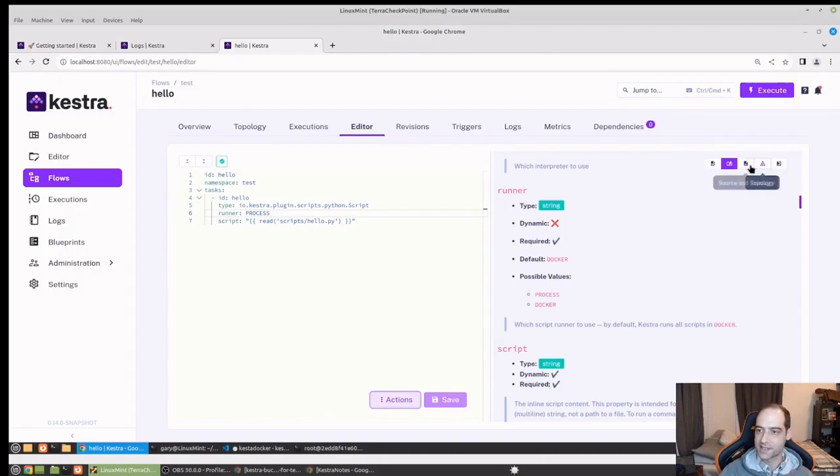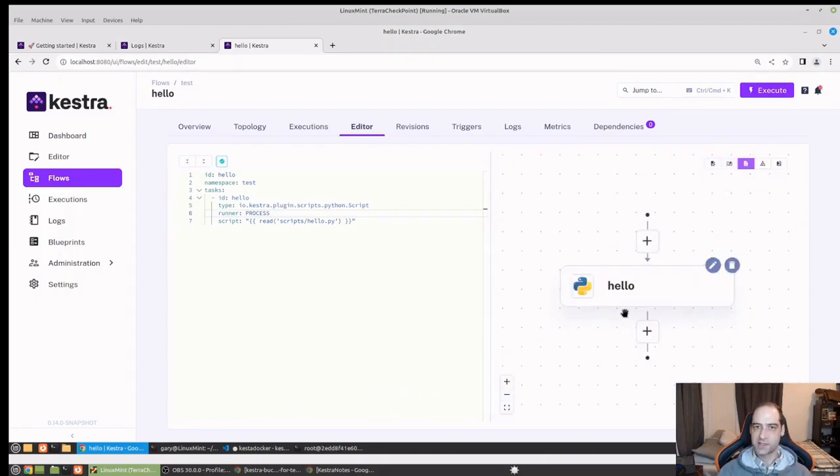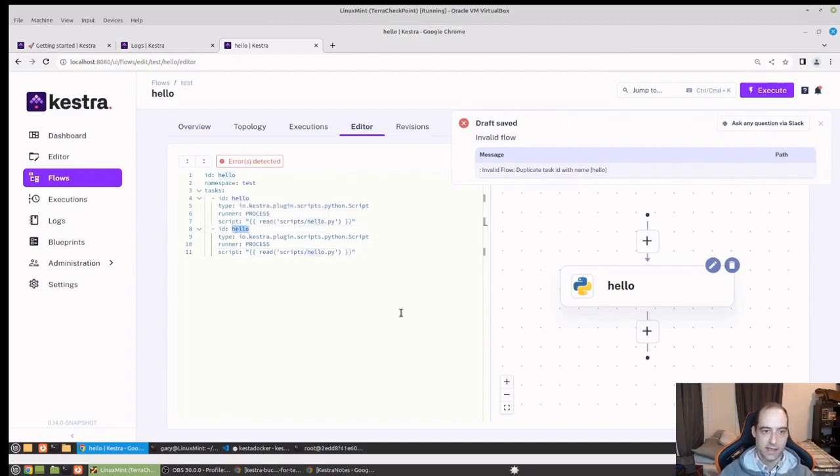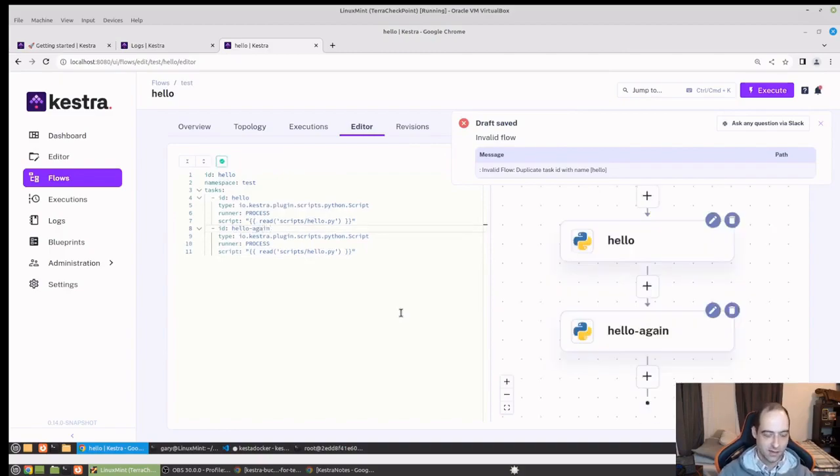Before we move off this, I should point out we have source and topology, which is a split screen again, except for showing kind of the diagram of our flow. If we had other tasks here, let's see if it'll update quickly. And it's helpful to give us a warning saying, hey, that's not formatted right. And let's see. Well, let me get away with that. Yeah, so now we have,